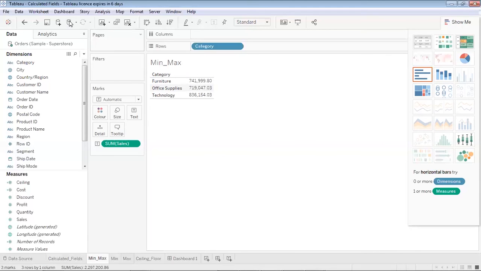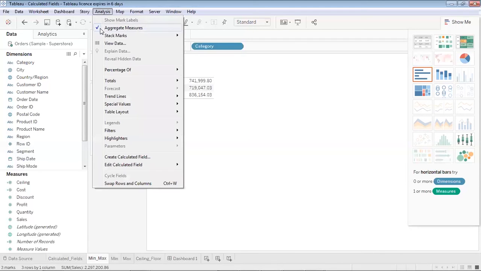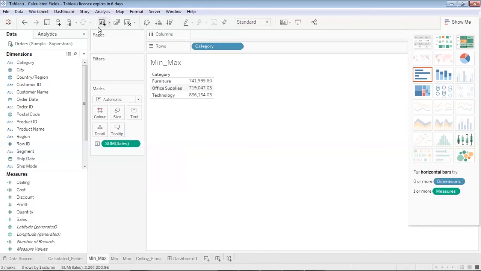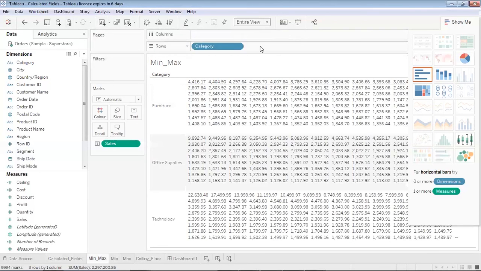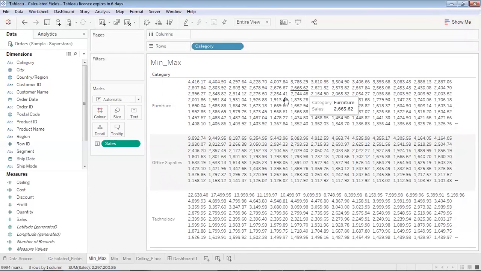So for that, what we'll be doing is we'll go to analysis, and over here by default these continuous variables are coming aggregated. When I remove this, then I get the individual values. So what these individual values tell me is that across the 4 years, across the months, across the weeks and dates, each day what has been the sales for furniture. These are the each day sales. Each day what has been the sales for office supplies, each day sales. Each day what has been the sales for technology. So they are giving me daily sales.